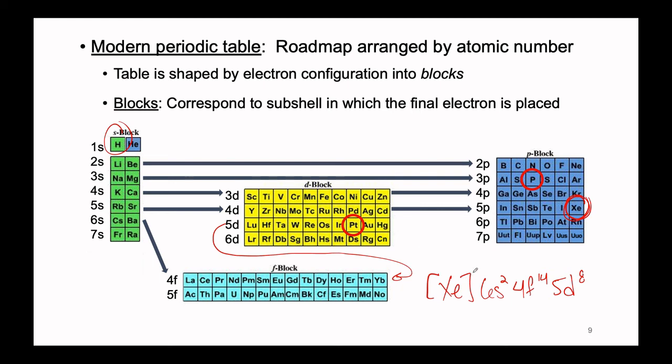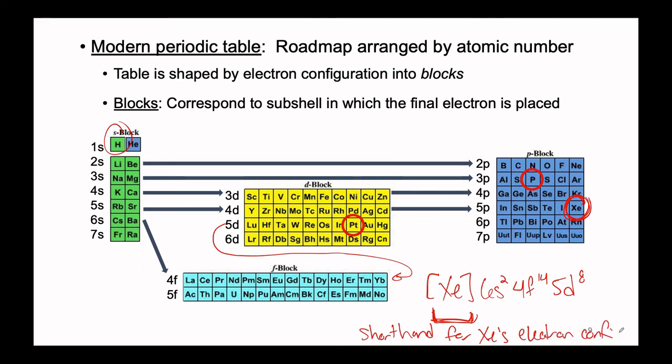It's just that instead of writing everything up until the end, we've now lumped anything that can be contained within this noble gas into noble gas notation. Another way to think of this more explicitly in terms of chemistry and writing out electron configurations is that the xenon here in brackets is shorthand